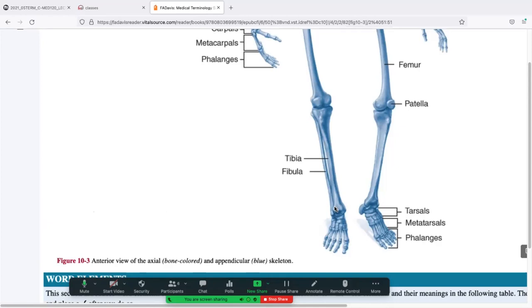Tibia is the bigger bone, and the fibula is the smaller bone in the back, right? I always go a fib. A fib is usually a small lie, isn't it? So smaller, back. And a tib-fib fracture is when you hit this and the tibia is so big, it'll also fracture